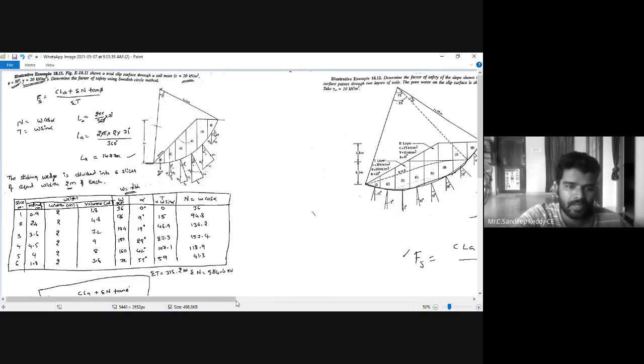So in order to avoid all these things, there is a structure you can build vertically. To avoid the slope portion of the soil, we'll build the structures vertically. It may be RCC, it may be soil retained structures, or it may be steel structures, whatever. The structure which is vertical retains the soil at the back of its volume. That is considered as earth pressure theories. So we'll take all the details from the next class, right?